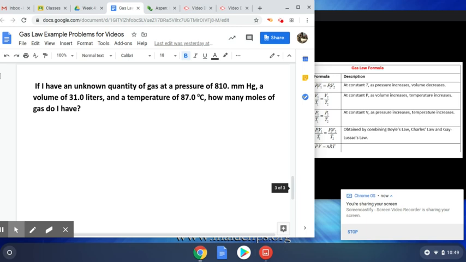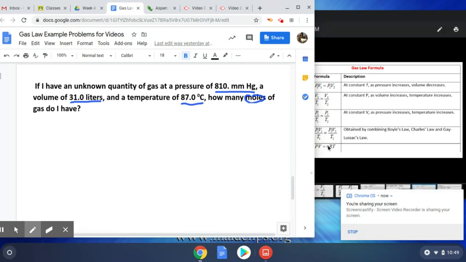Okay, so up to this point, if you've been watching the videos, you know exactly what I'm about to do. I'm going to underline all of my givens and circle what I'm looking for. Now, I just circled moles. Since there's moles in this problem, then we have to use the ideal gas law, the PV equals nRT, this